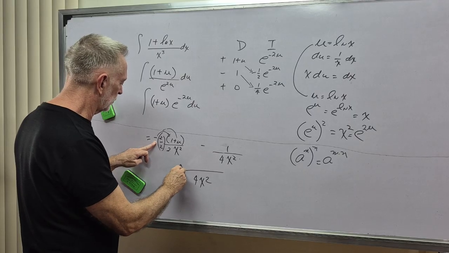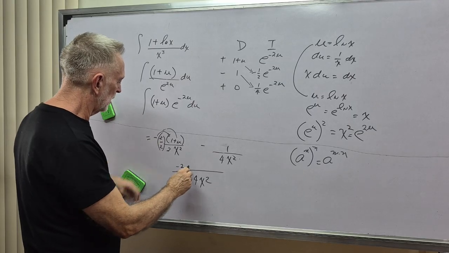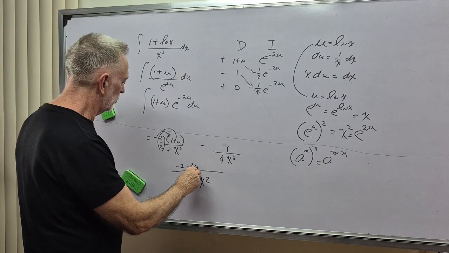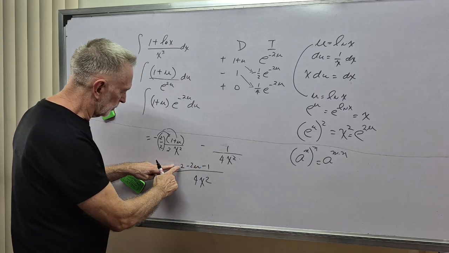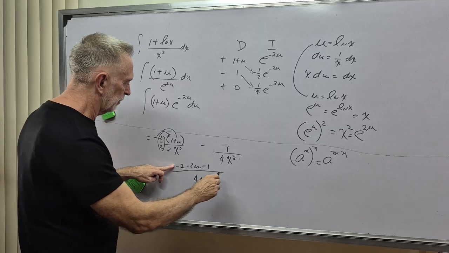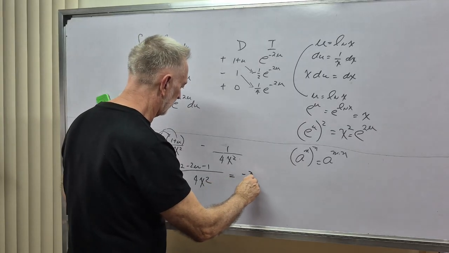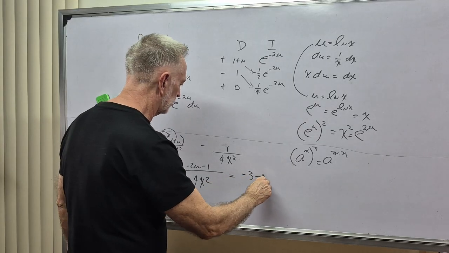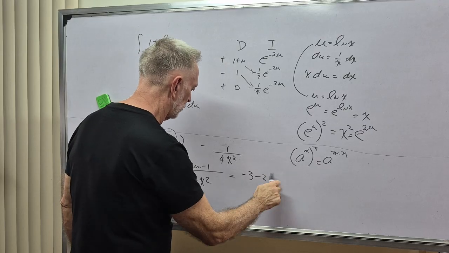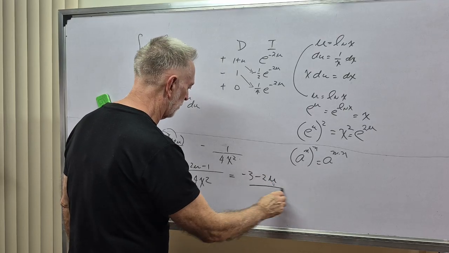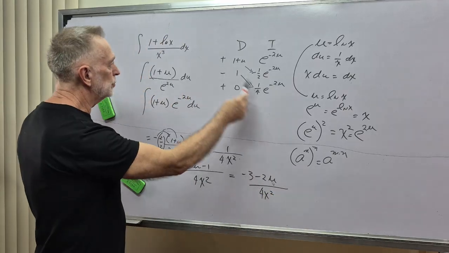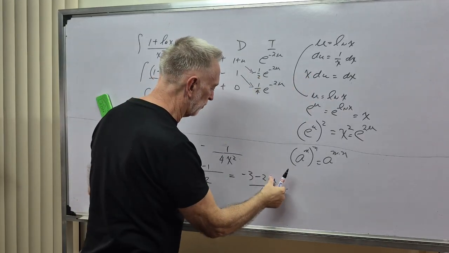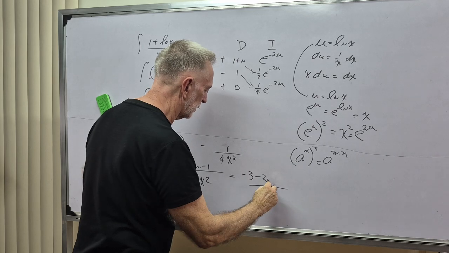Negative 2 times 1 gives me negative 2 minus 2u minus 1. So negative 2 minus 1 gives me a negative 3 minus 2u over 4x squared. And what was u? U was natural log of x